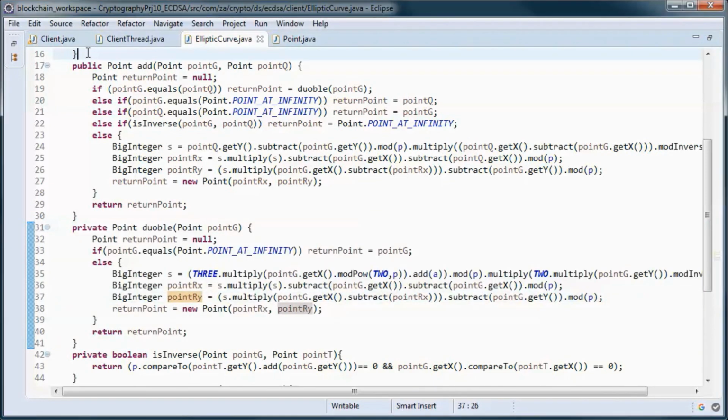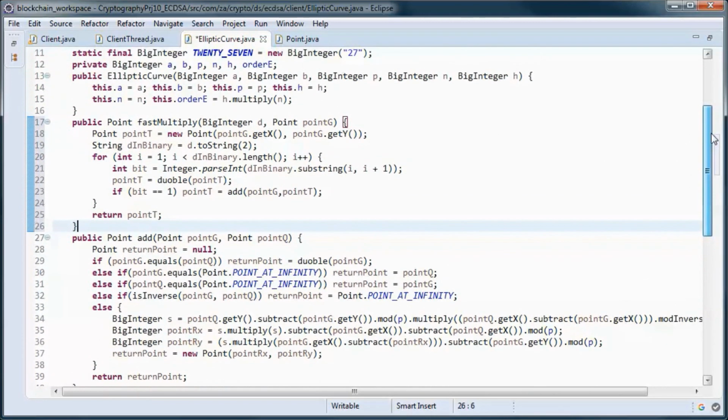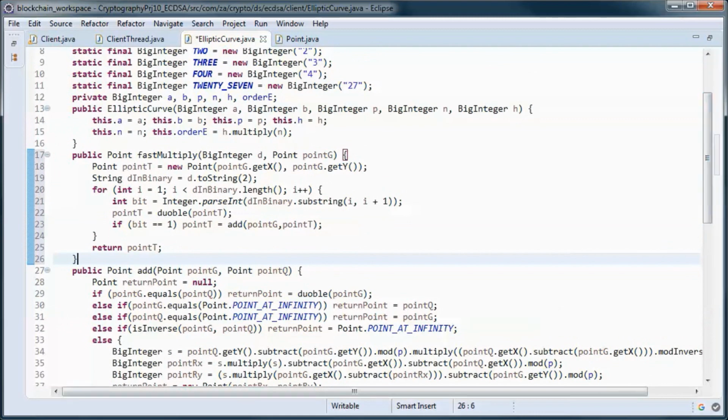And this method does multiplication using the double and add algorithm.